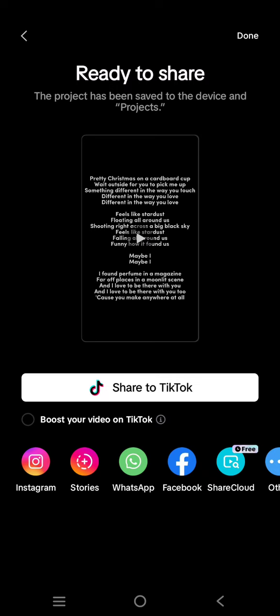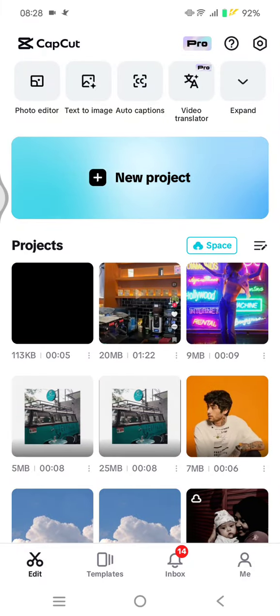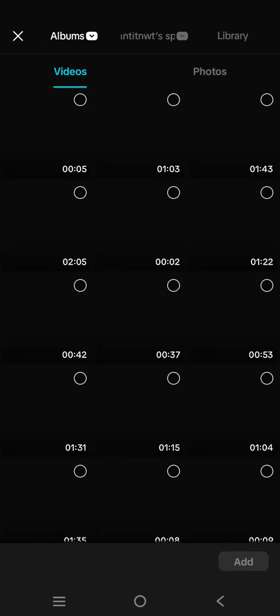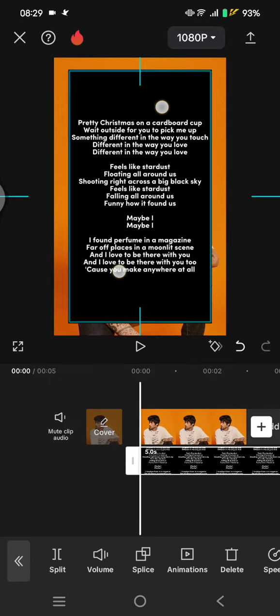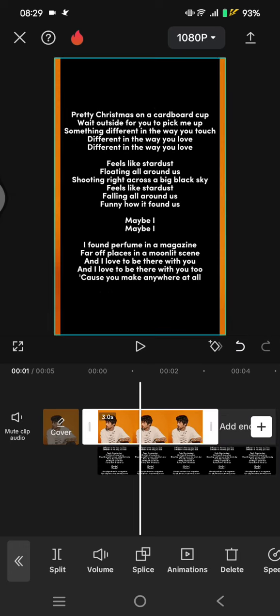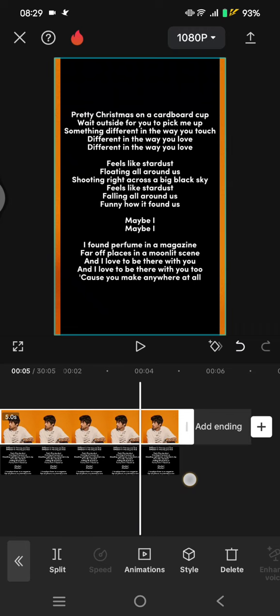Then after this, click on done and start a new project with the new background that you want. So this is the background that I'm going to use, and then just go to overlay, add overlay, and then add the project that you just saved, the one with the text. Don't forget to adjust the size, and after that adjust the durations of the photos to match with the lyrics,